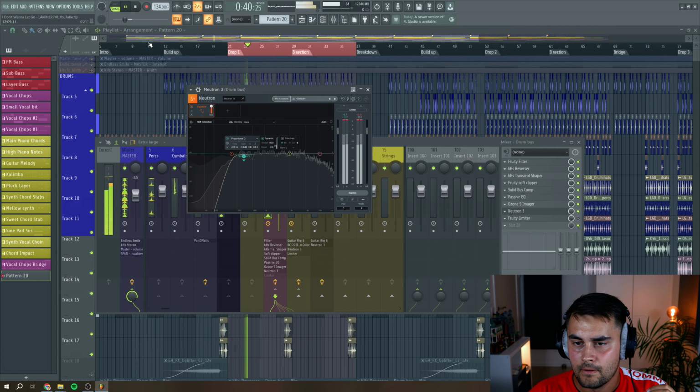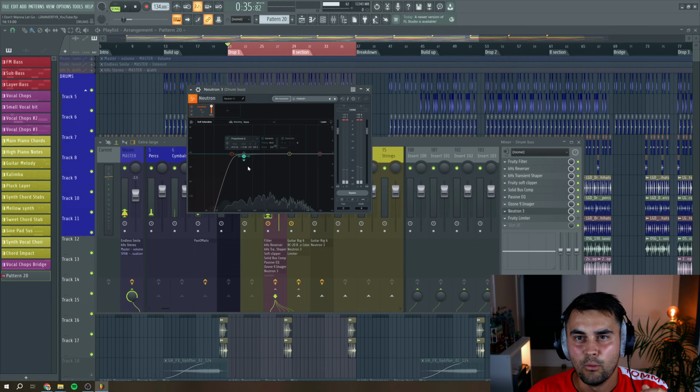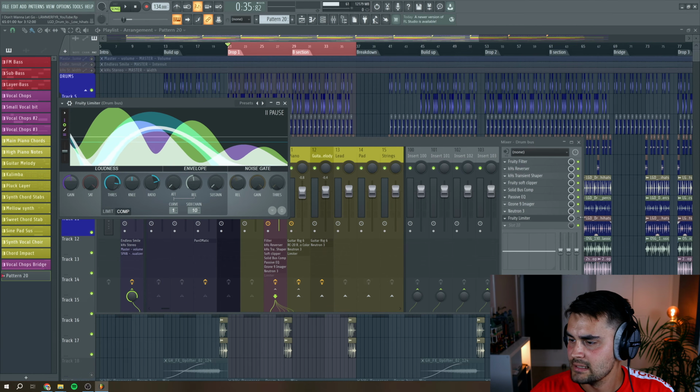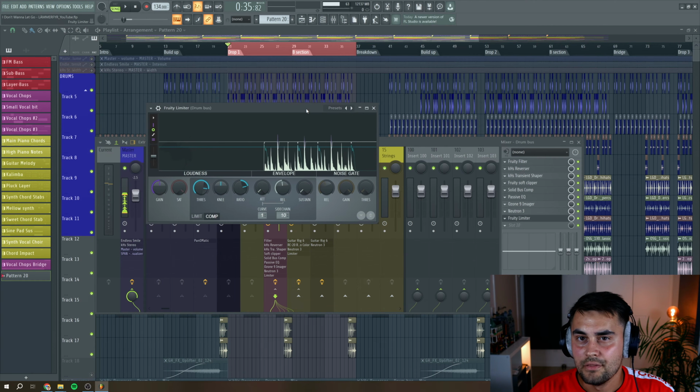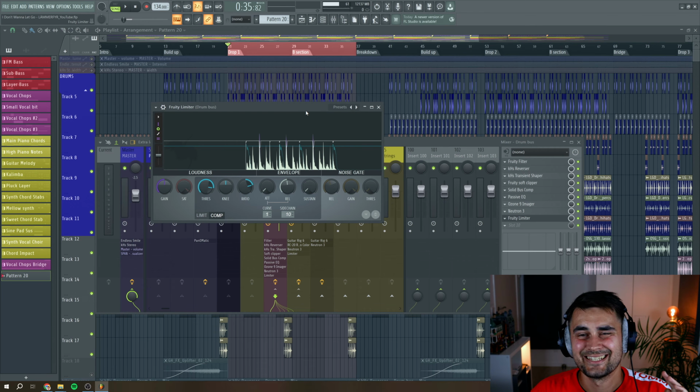And then dipping away a little bit of that 400 Hertz area. And then lastly, I have a Fruity Limiter, and this is actually acting as a sidechain tool. So I have the kick drum as the input trigger of the sidechaining, because when I'm doing these two-step kind of beats with my kick drum, then there can be some of the percussion elements or the drum elements